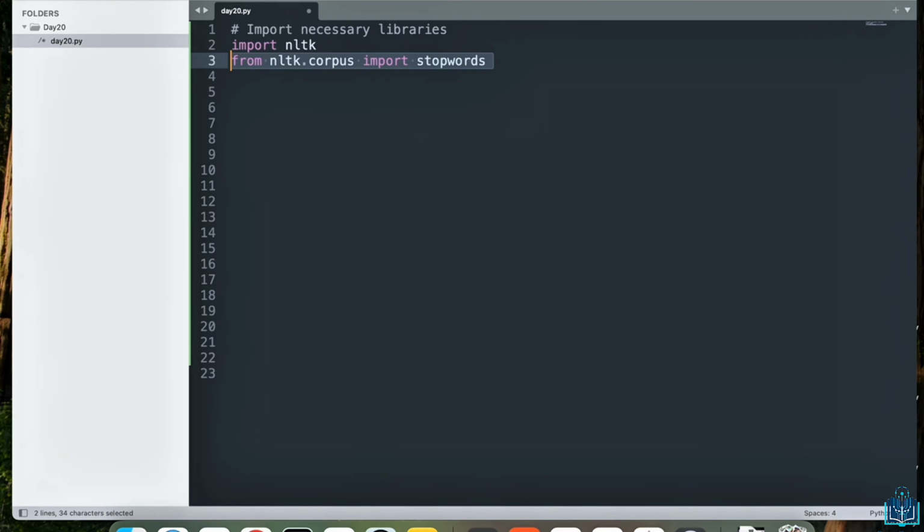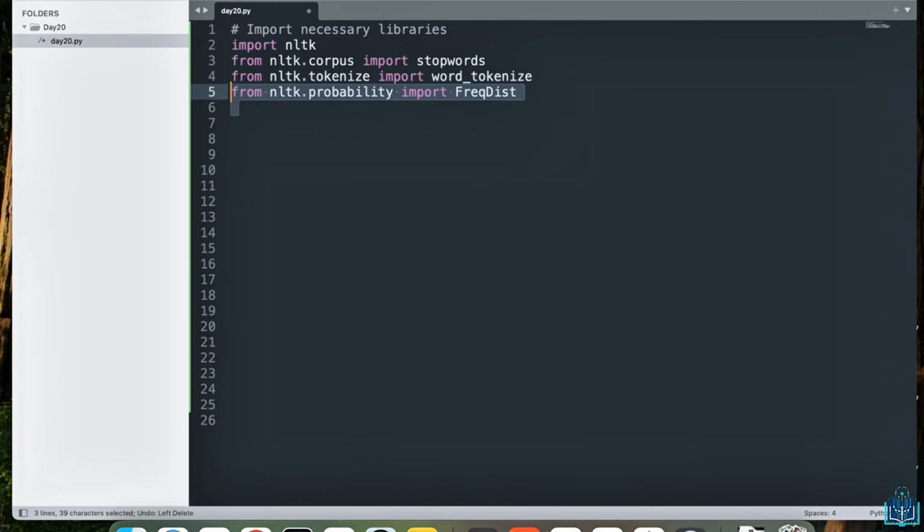Next, we're going to take word_tokenize, which tokenizes the text into individual words for further processing. Then we're going to get FreqDist, which is frequency distribution, useful for analyzing word frequencies, though not essential for basic sentiment analysis, but still good.